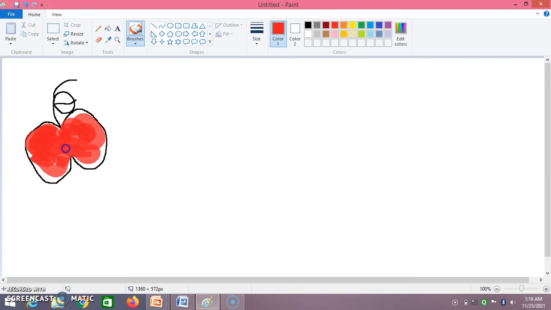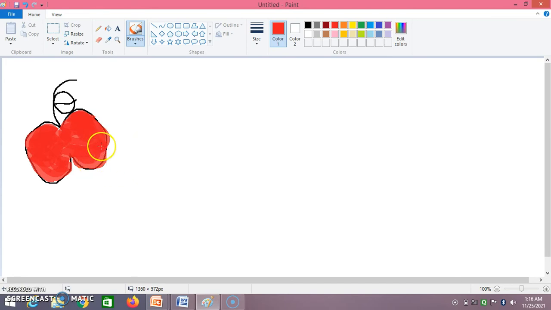In this way you can color with the help of a brush. Whichever brush you want, you can use.